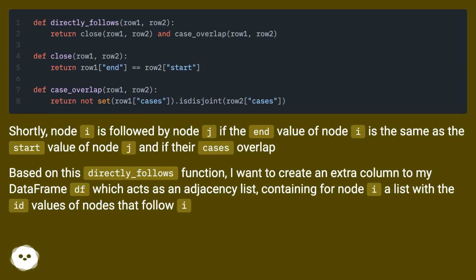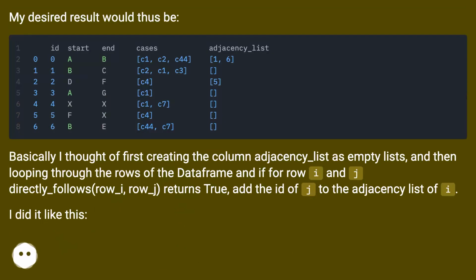Based on this directly_follows function, I want to create an extra column to my data frame df which acts as an adjacency list, containing for node i a list with the id values of nodes that follow i. My desired result would thus be